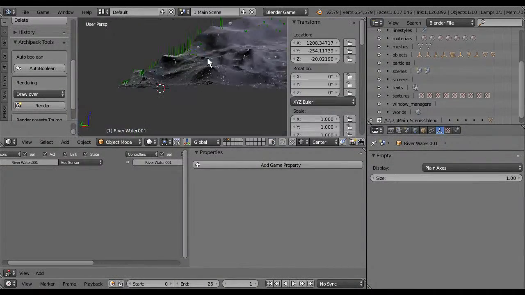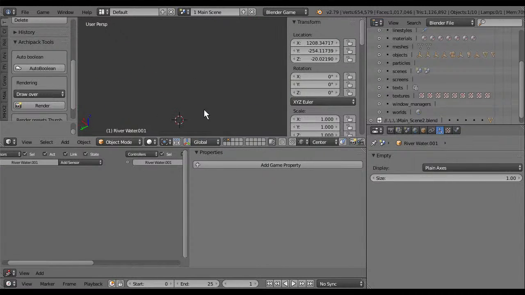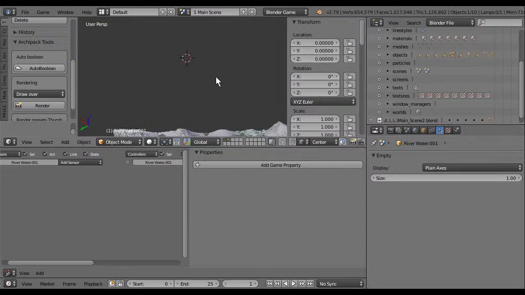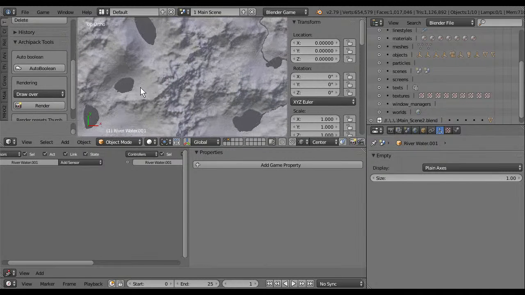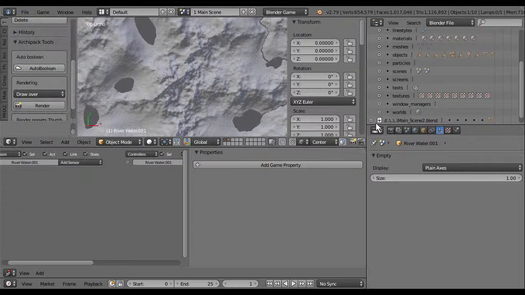And let's see, the group is going right now. Can't see it, it's very far. We set it to 0 because it's a group. The top view, you can see the lake now. That's pretty much easy. That's it. Save. It's going to take time to save. It's a very huge file.